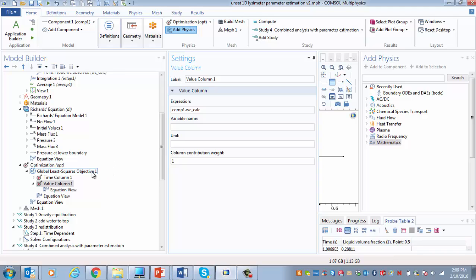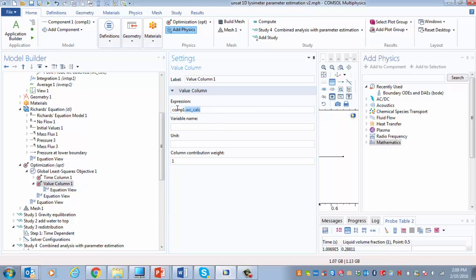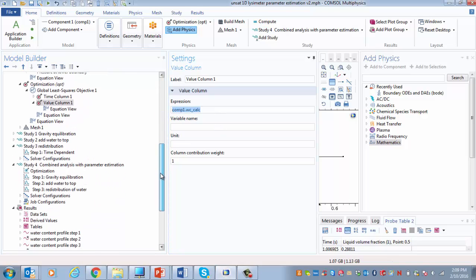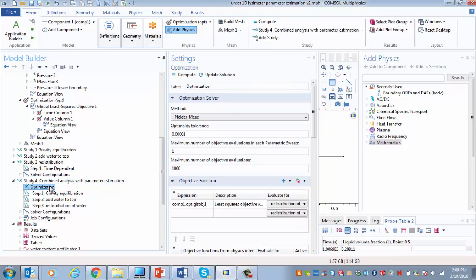I'm reading in a data file and then defining these columns, and for the time columns I don't do anything, but for the value column I have to also specify a variable name that I compare to the data. This is a variable that's calculated. Okay, so that's the setup, and then if I come back here to optimization